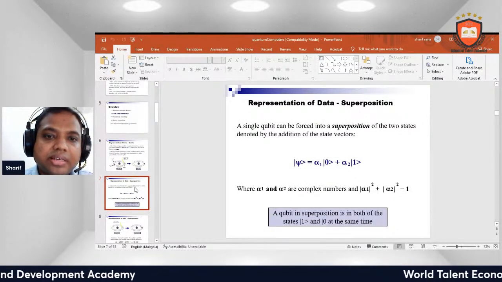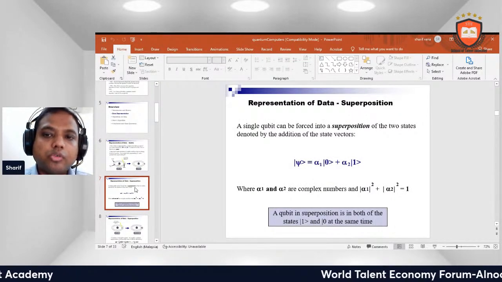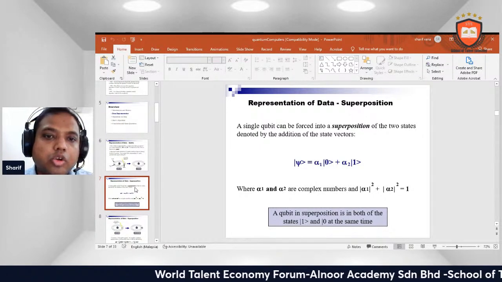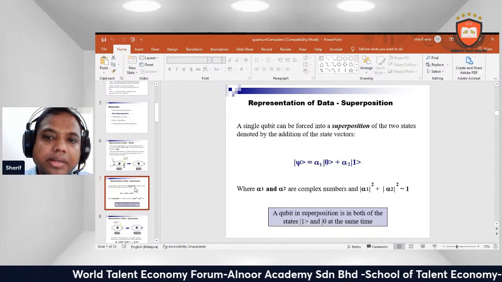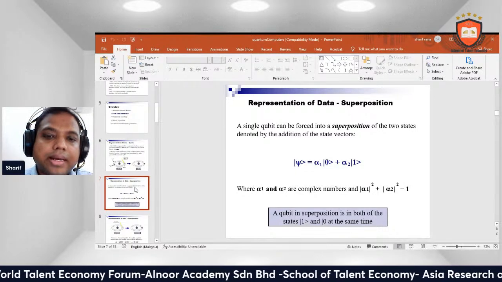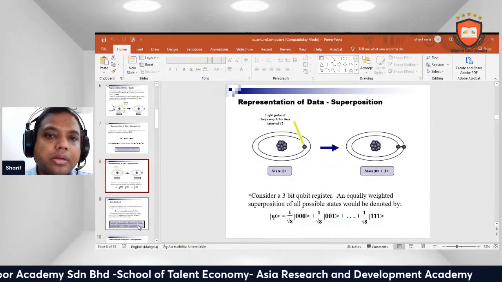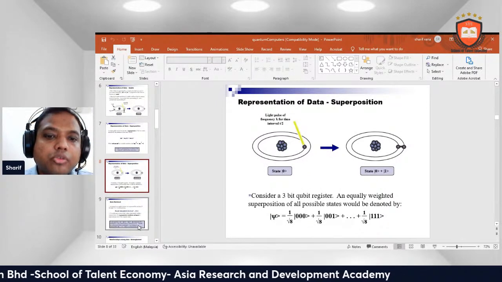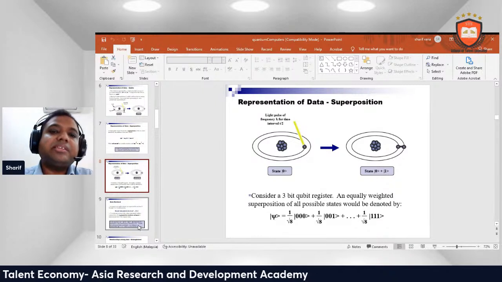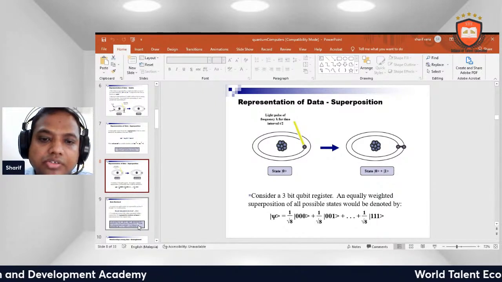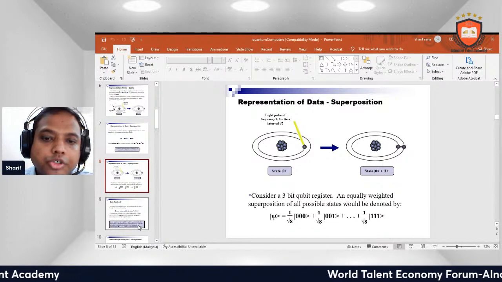Representation of data: a single qubit can be forced into a superposition of the two states, denoted by the addition of the state vectors, where alpha and beta are complex numbers. Representation of data and superposition: consider a 3-qubit register. A superposition of all possible states would be denoted by